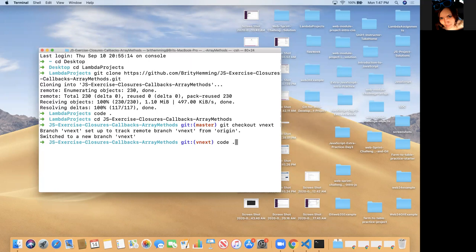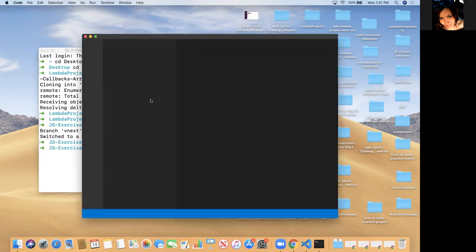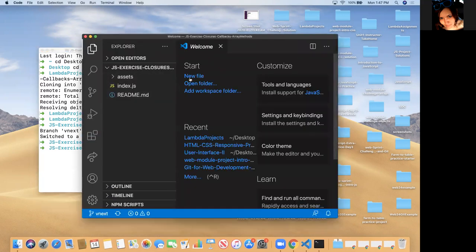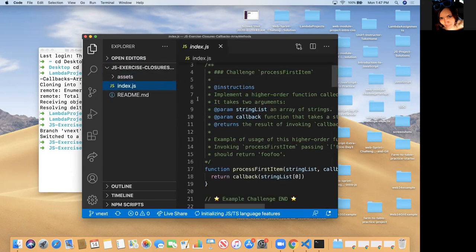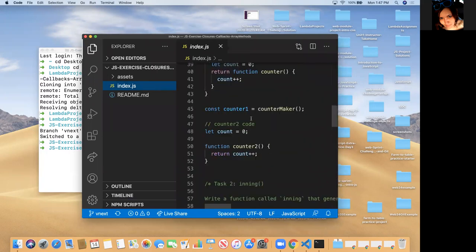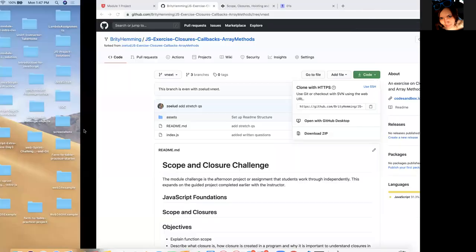Okay, now you can say code period and open it up. And now you can make another branch inside of vnext. Here we're just working on the index.js. Let me make sure that there's an